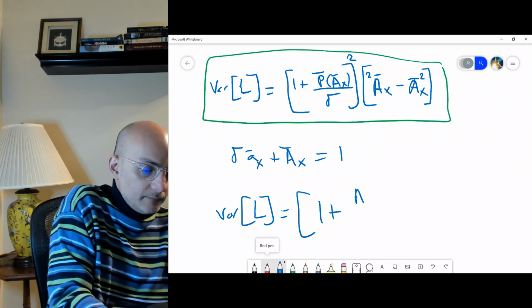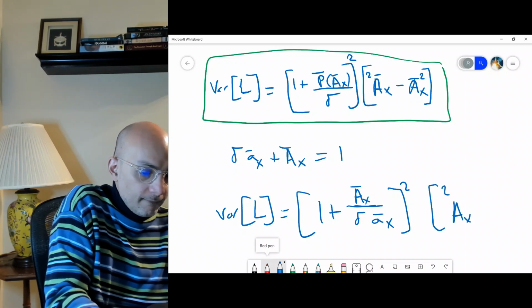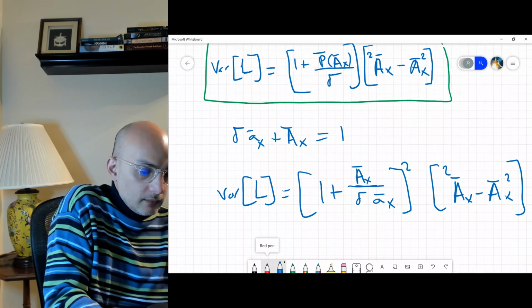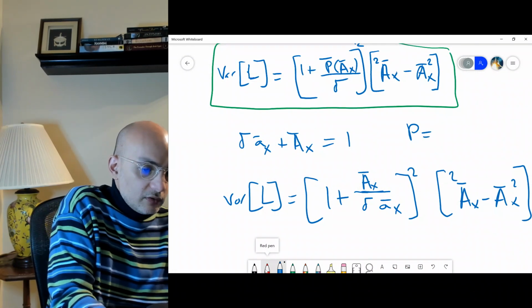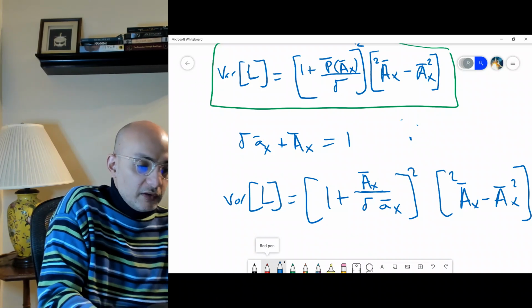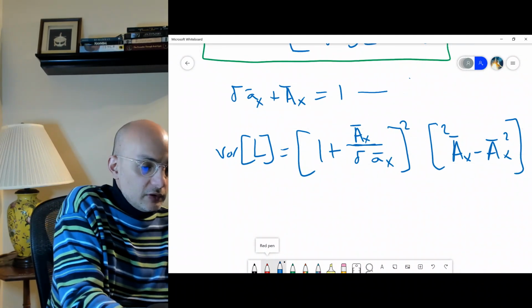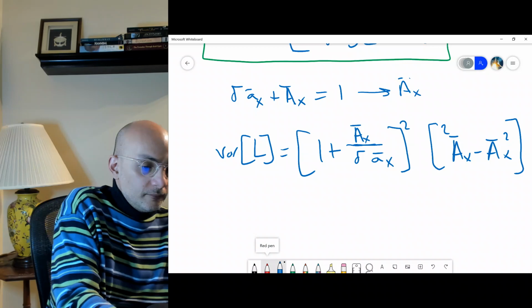It's A x divided by, well, let's put delta A x, because P is also, I mean, I use the rule of P, the premium. Okay, now let's use this relationship. So here A x, 1 minus delta